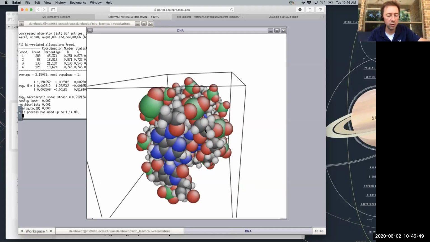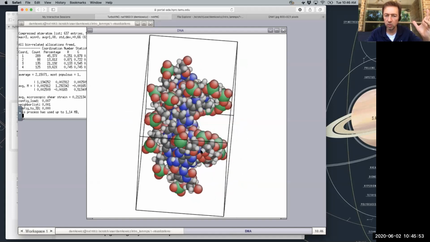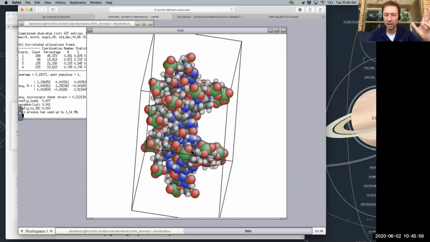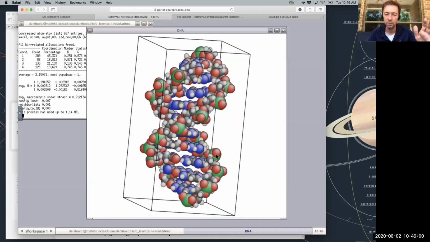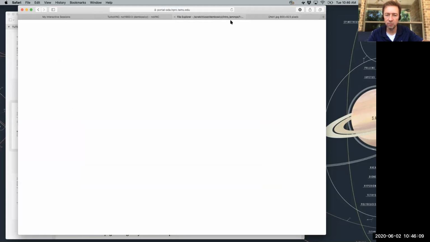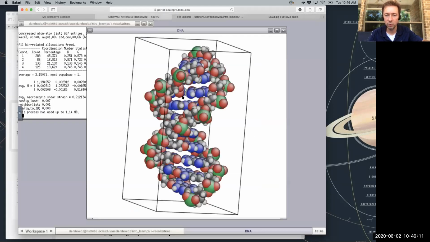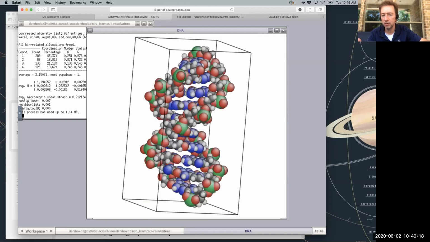If you don't like it that way, you can just press Tab, and that's going to put you into Orthonormal View. Orthonormal View basically shows all atoms at the same size regardless of how far they are. So basically that takes away the perspective. And I believe this is perspective view. The Atomi gallery showed you perspective view. If you like perspective view, you can use perspective view. And if you like orthonormal view, you can use that. Tab will basically just toggle between those two options, right? So if I press Tab, it's going to toggle between those two things.